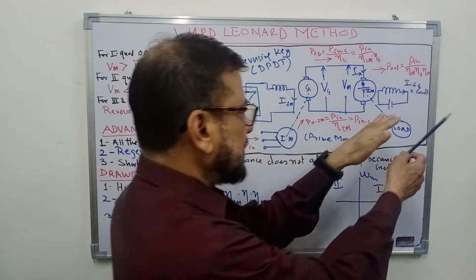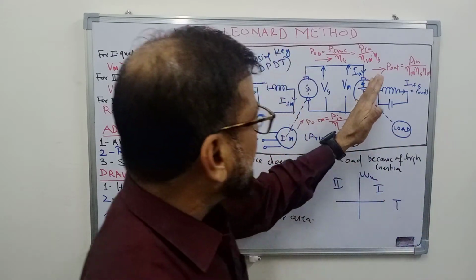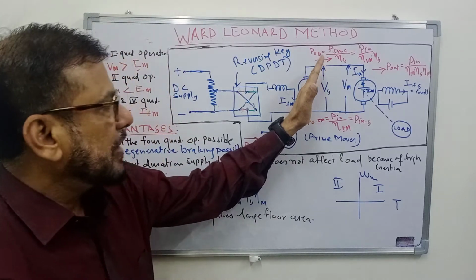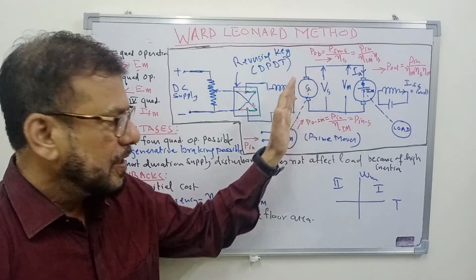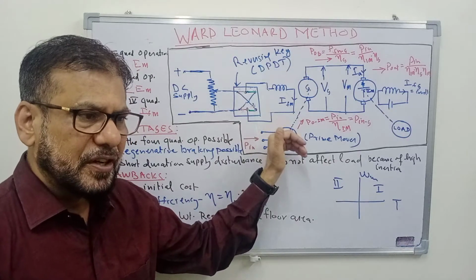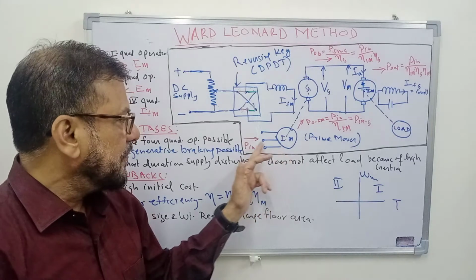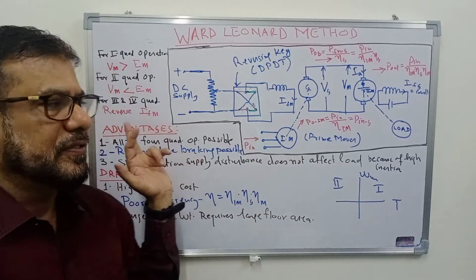So the energy stored in the mechanical system of the load and the motor is converted into electrical energy, which is converted into mechanical energy by this DC generator, and then it goes to this machine, which now behaves as a generator and converts this mechanical energy into electrical energy and feeds it to the three-phase supply system.